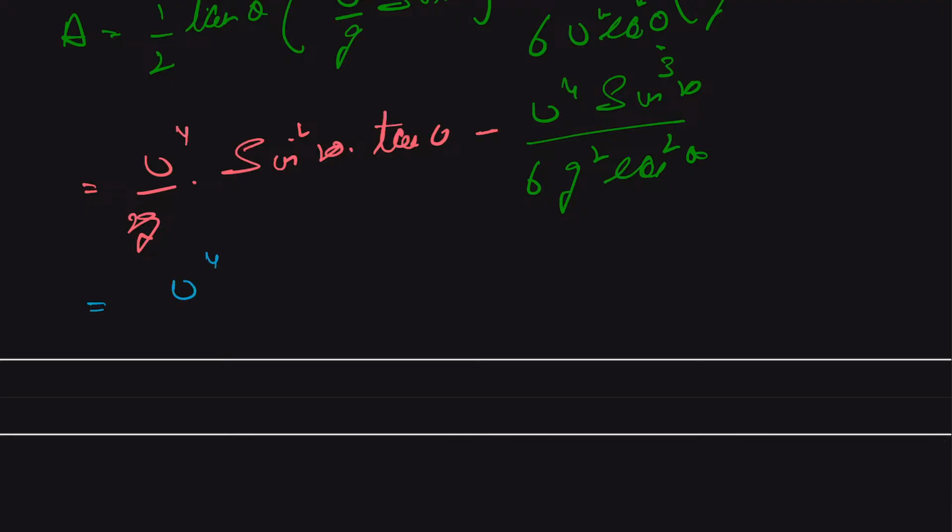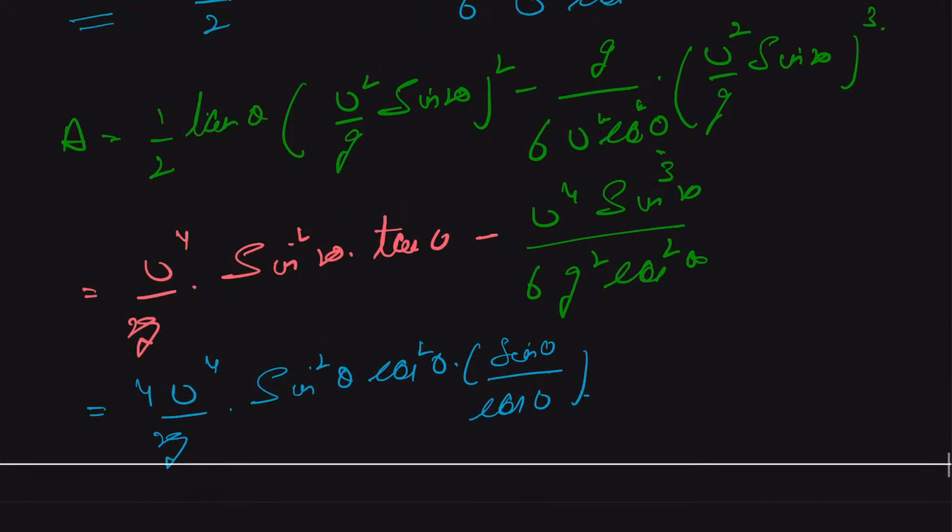So we have v4 by 2g, and sine 2 theta will be giving us sine square theta, and this will be coming as 4 here. So this is sine square theta cos square theta multiplied by sine theta upon cos theta,